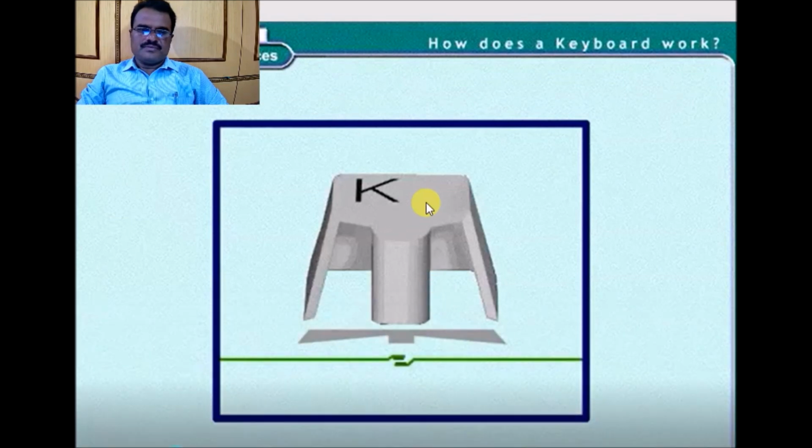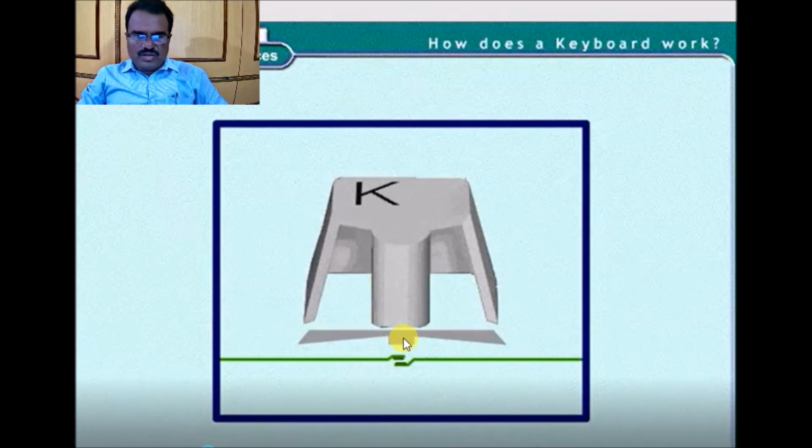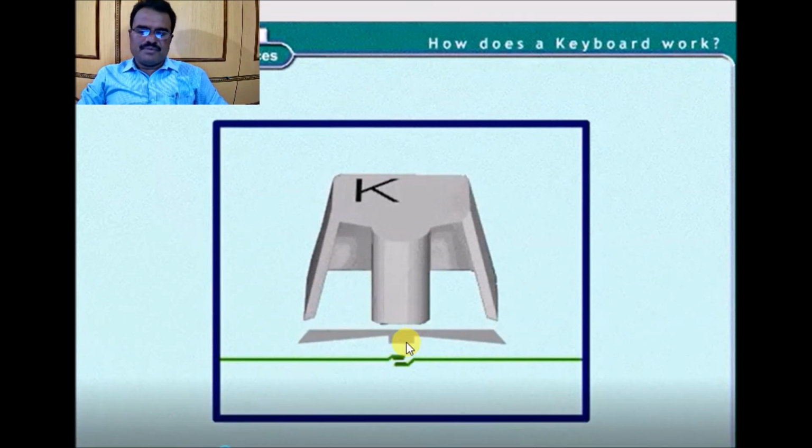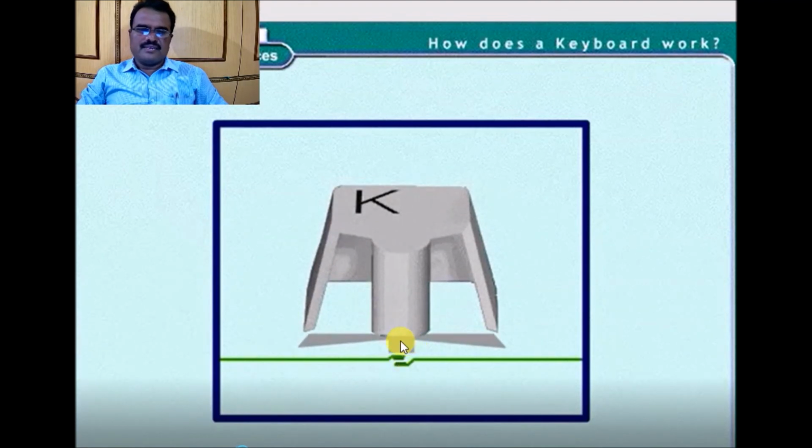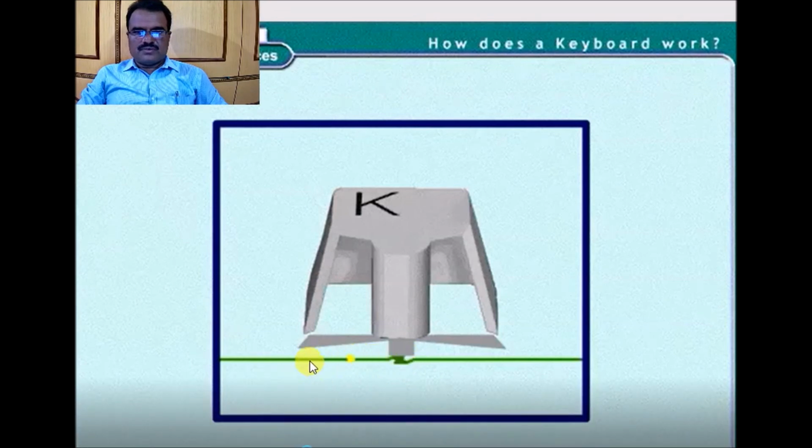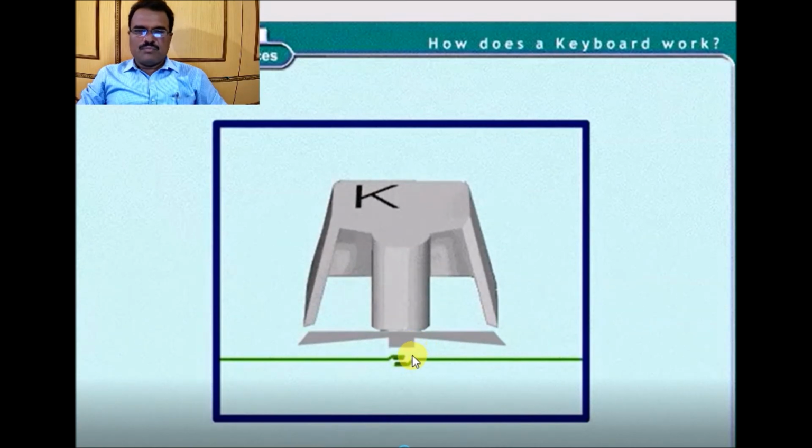When we press, the plunger moves down, and these two electrical contacts come together and a current flows between them. When we release, the contact will be opened.